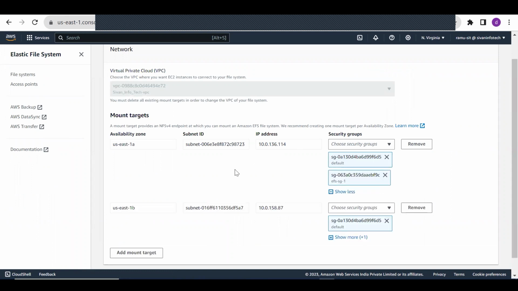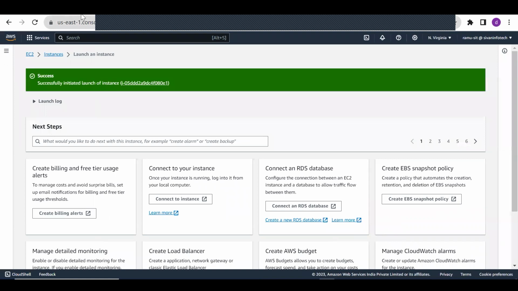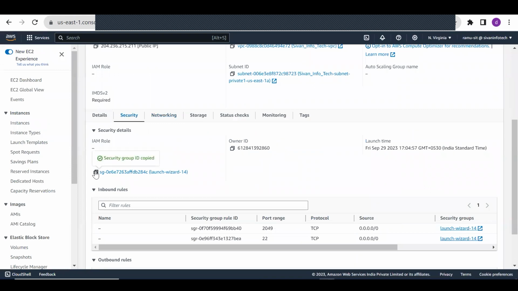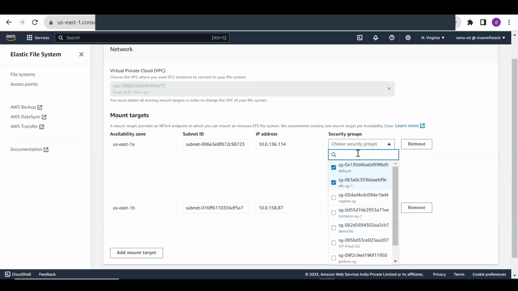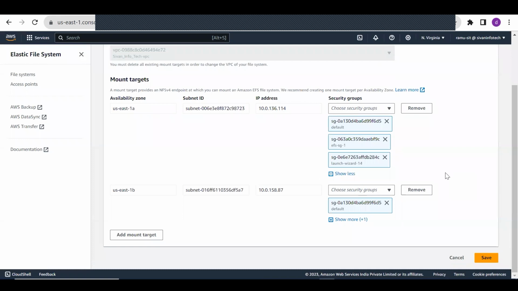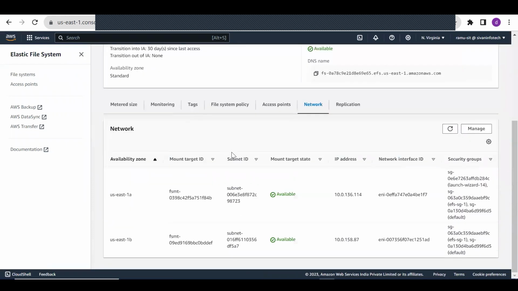Okay. Yeah, we'll add this security group here. I'm allowing the security group to access. Okay, I'm saving. Save. We'll try it again.